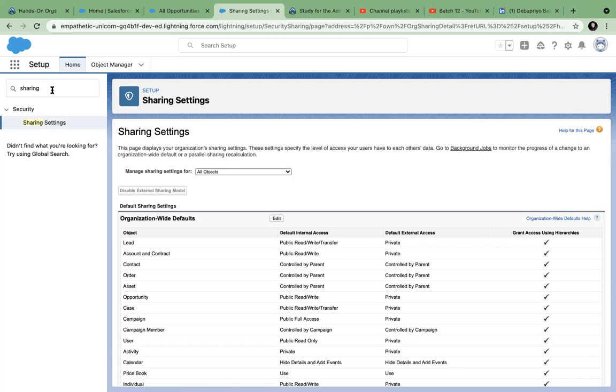But if you want a specific set, like the accounts where the account billing address is USA, I want to share that to a specific group of people. Everybody in USA should be able to see all the USA accounts. I have a requirement like that, right? These people can work with each other.